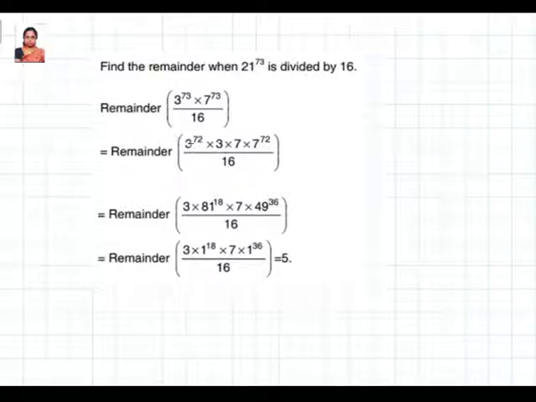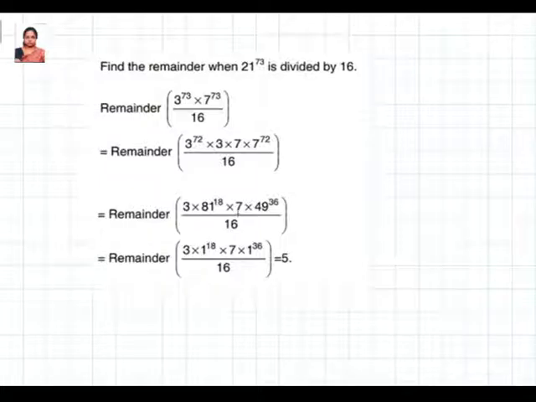But this again, I am writing in the form of 3 power 4 whole to the power 18. So 3 power 4 is nothing but 81. Similarly here, 7 squared to the power 36. 7 square is 49. The purpose of taking this is, if you individually find the remainder, 3 by 16 you are going to have 3, but 81 by 16 you are going to have 1, because 80 is a multiple of 16. So you will have 1 as a remainder.